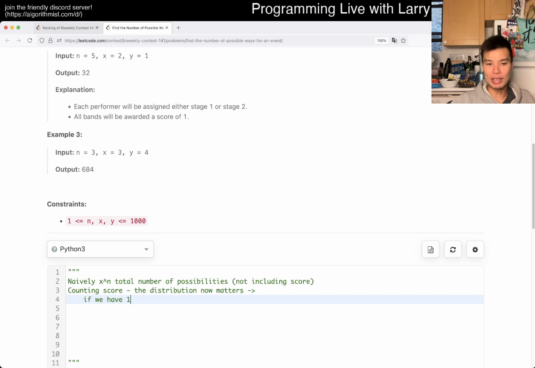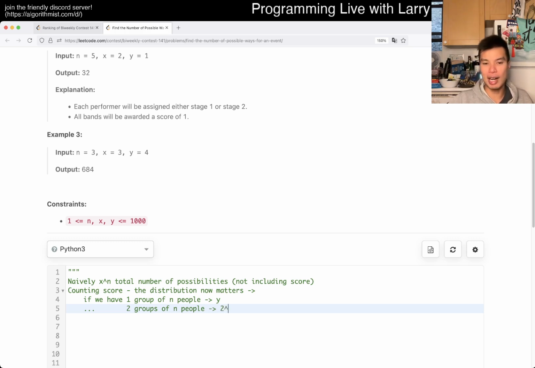If we have one group of n people, then the contribution to the answer of that is going to be y. If we have two groups, it doesn't matter who the people are, then you have y times y, because each group has y, right? So it's y to the 2, and then same, right? Pretty much. I mean, you get the idea, really. I hope it's going to be y to the cube, right? So then now the problem becomes, okay,